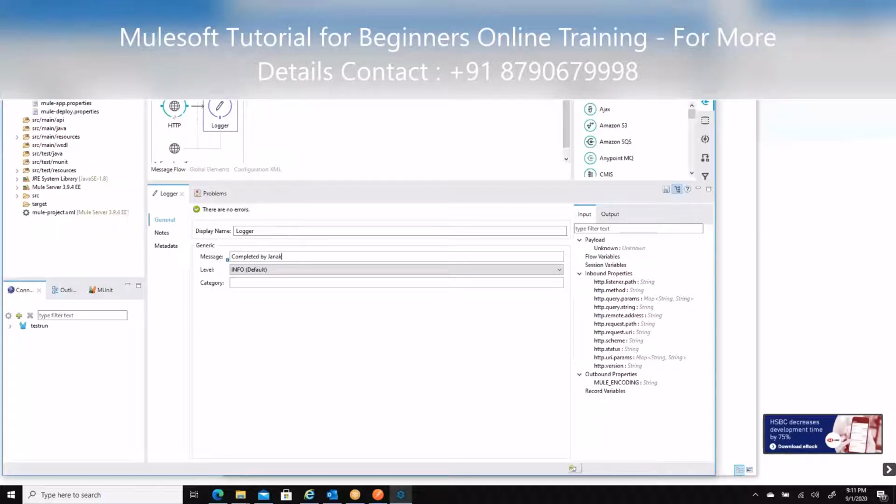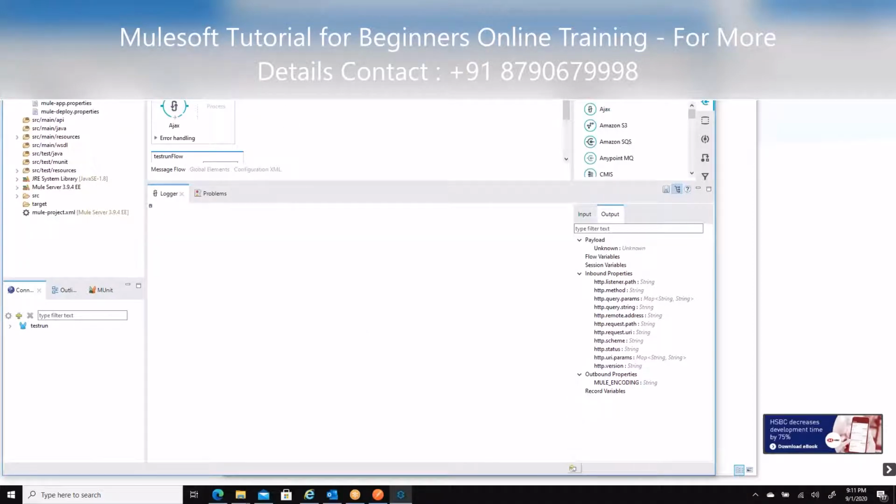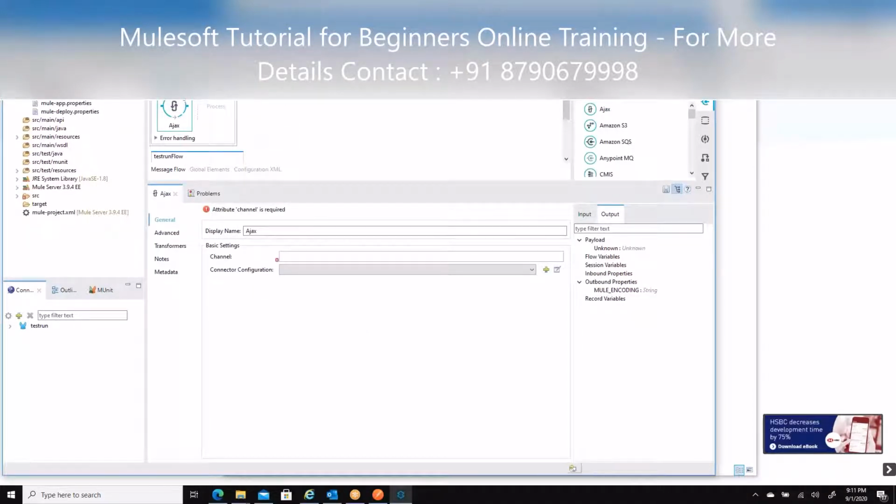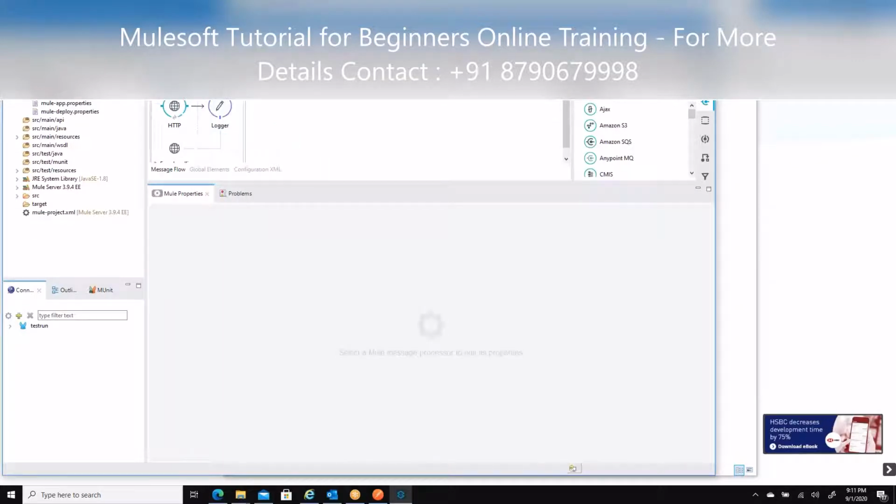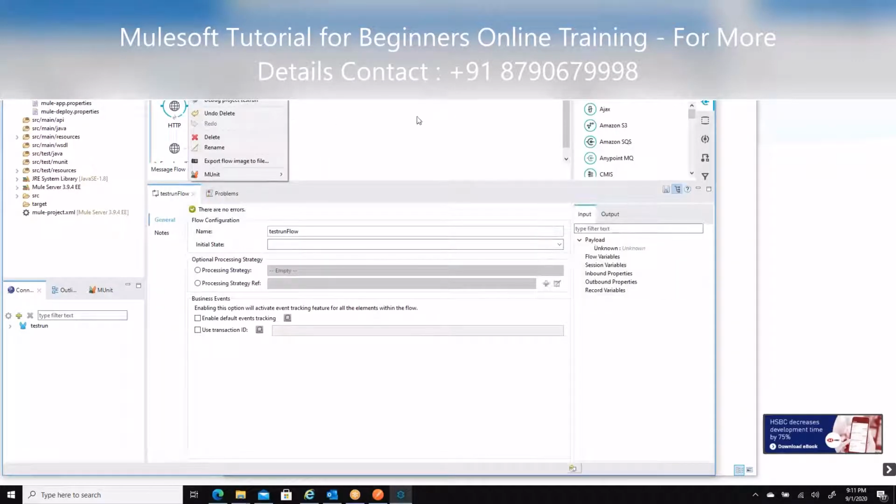So just right click there, wherever you have the cursor, the working window, not the palette window. Beside logger, outside the flow, the working window. There only. No. Here only. STP logger, we built the flow. Can click right click. Oh no. Wait. Hold on. Give me 1 second. Yeah. Oh, this is called a working window. Okay, got it. Yeah. You can click right. You can run Mule project. That's it.